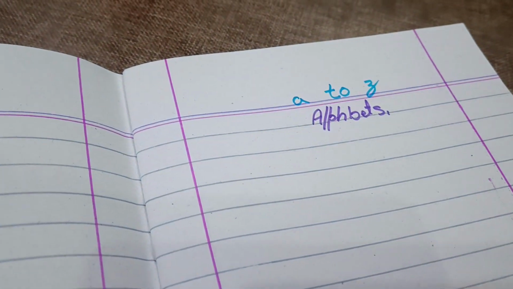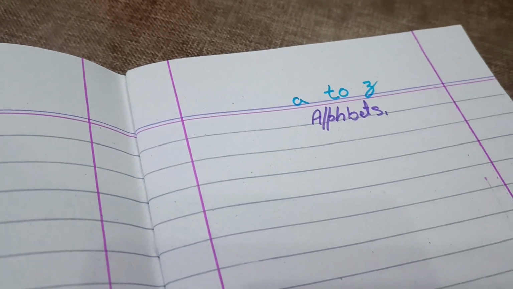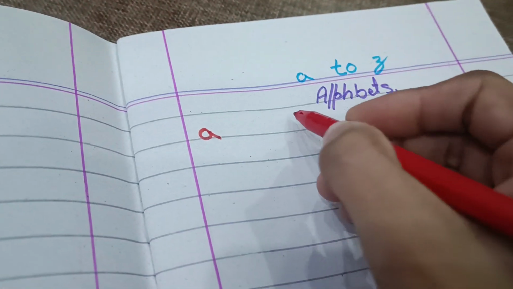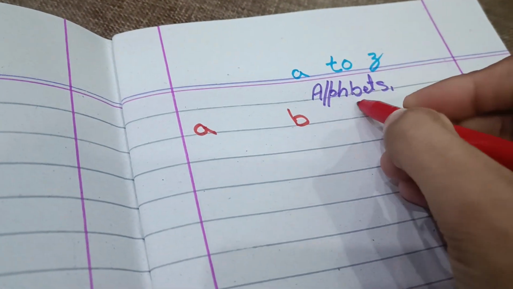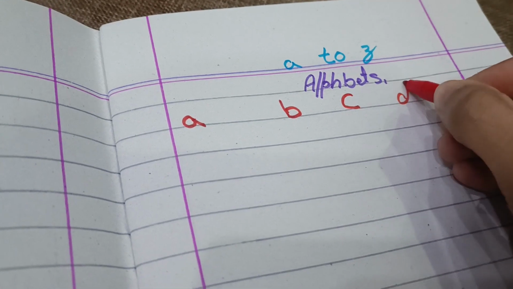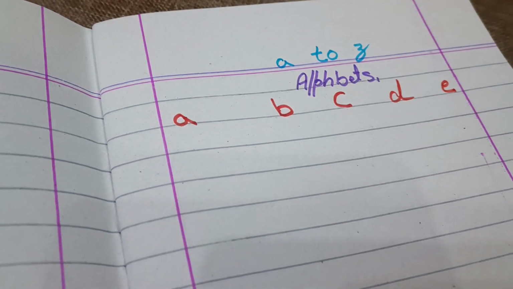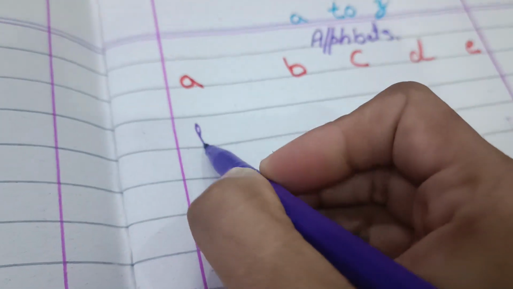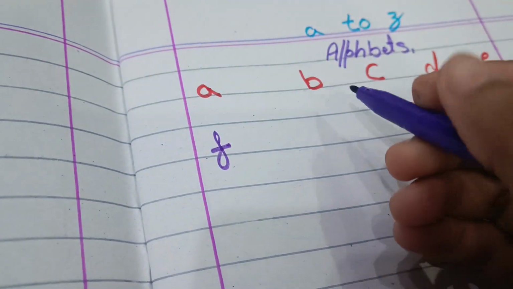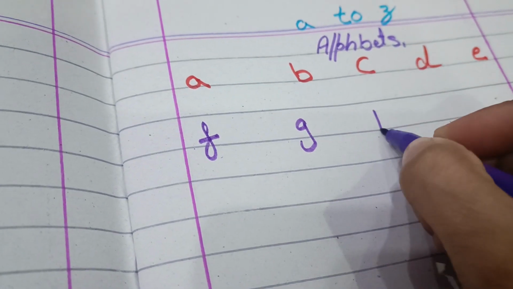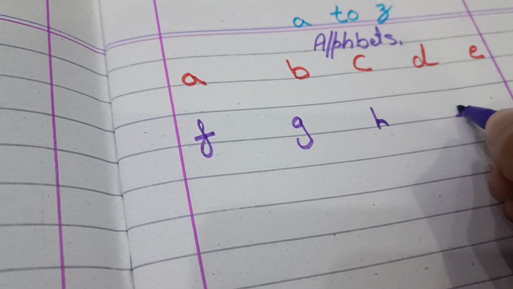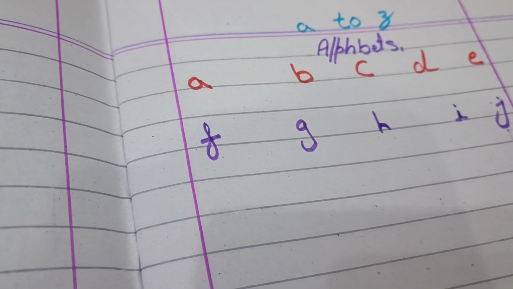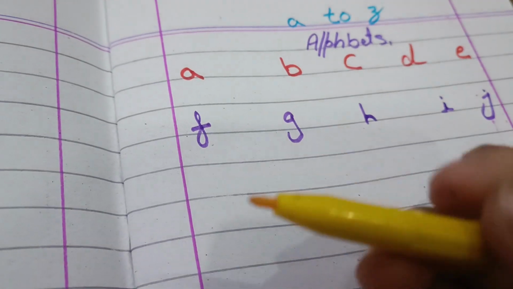चलिए अब हम लिखना स्टार्ट करते हैं। सबसे पहले स्टार्ट करेंगे रेड कलर से। A and B, C and D and E। उसके बाद हम लिखेंगे पर्पल कलर से F, G, H, I and J। ठीक है। उसके बाद हम लिखेंगे येलो कलर से।